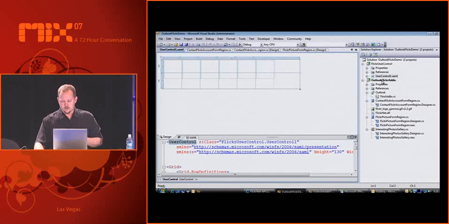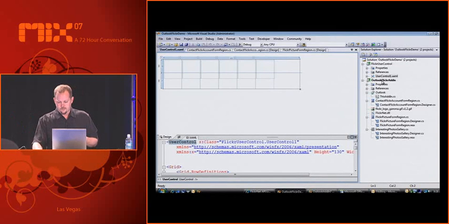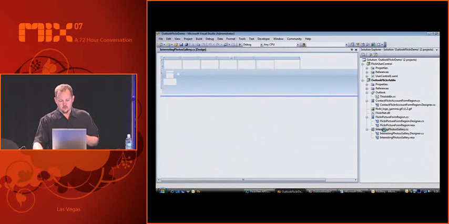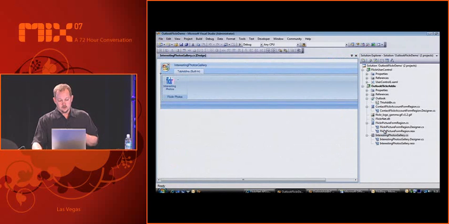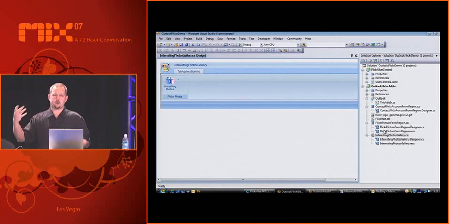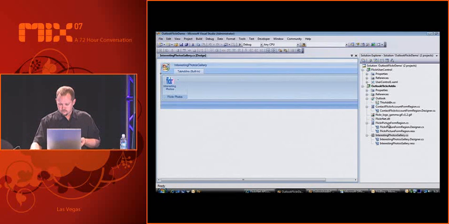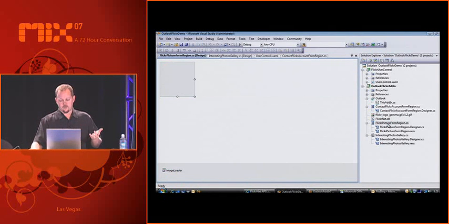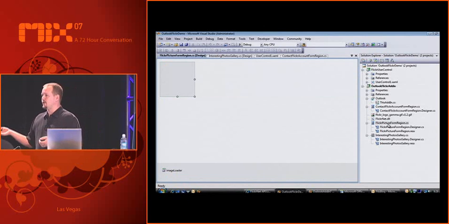So this application uses a WPF control to show the photos, as well as a custom tab that we've built that actually shows static photos being pulled from Flickr. This is the custom form region that'll actually expose those photos.